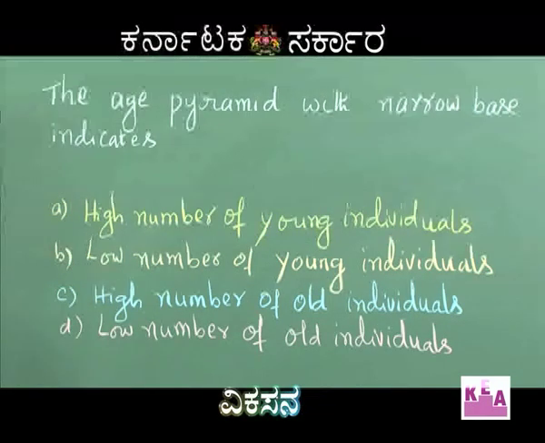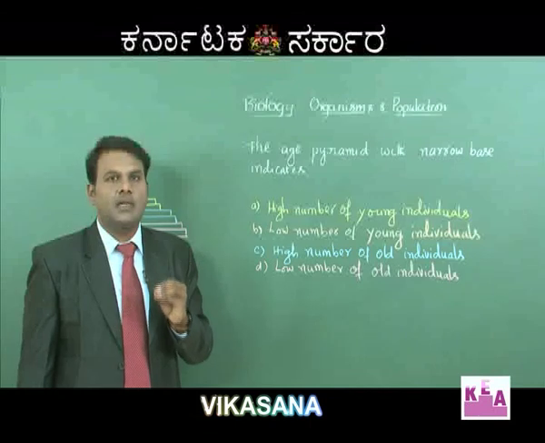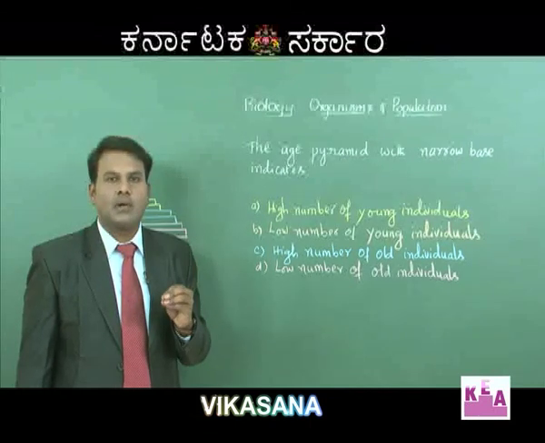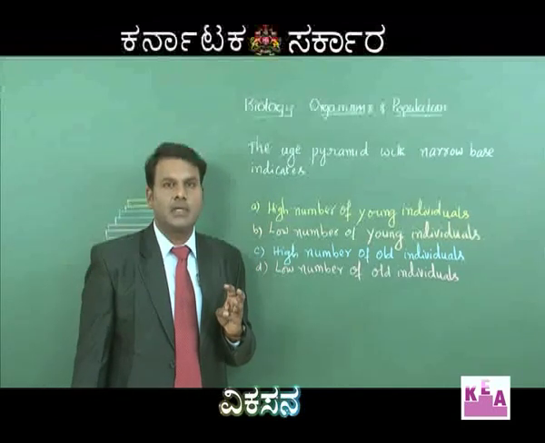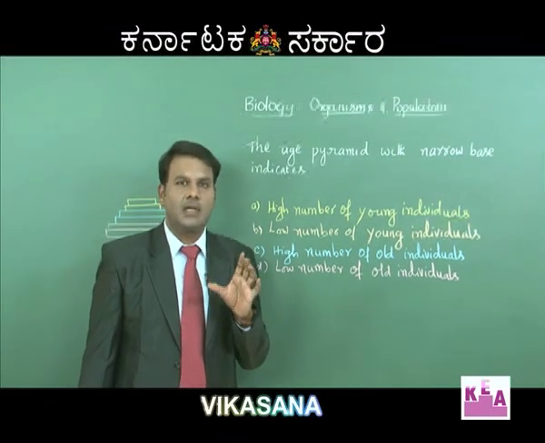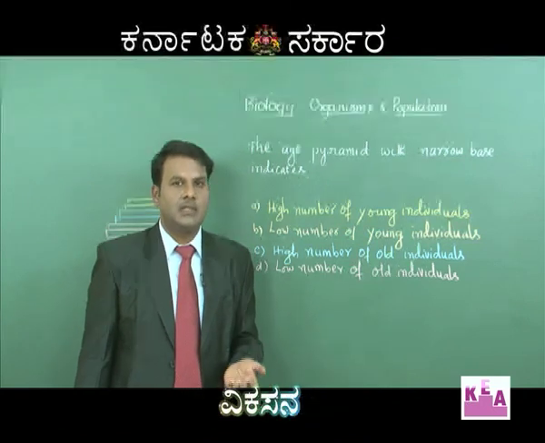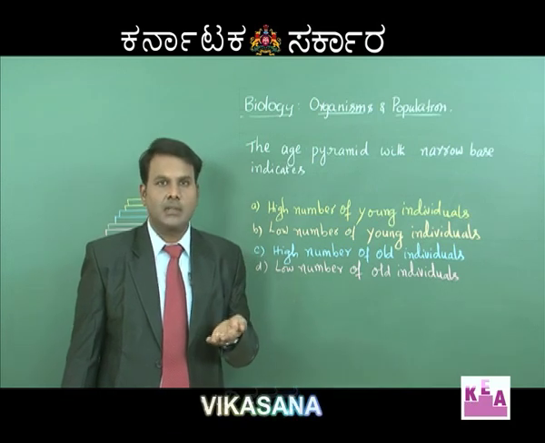The next question is, the age pyramid with narrow base indicates. Age pyramid is the graphical representation of individuals of different ages in the habitat. When you consider a habitat with respect to the reproduction, there are three types of individuals. One is called pre-reproductives, second one reproductives, third one is called post-reproductives. Accordingly, when we consider an age pyramid, the base of the pyramid is occupied by the pre-reproductives, above which reproductives, and top